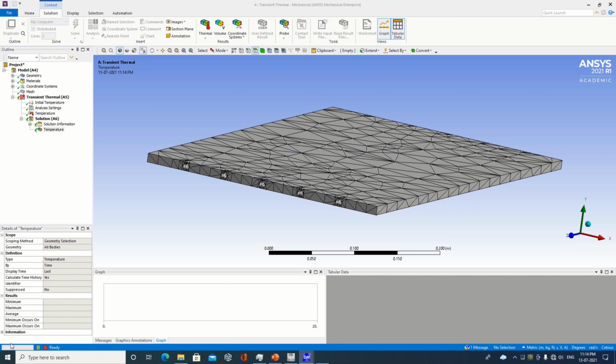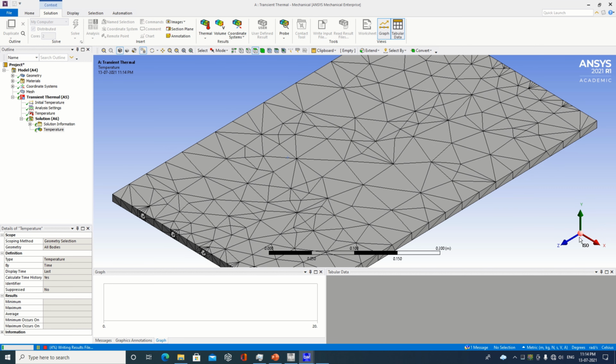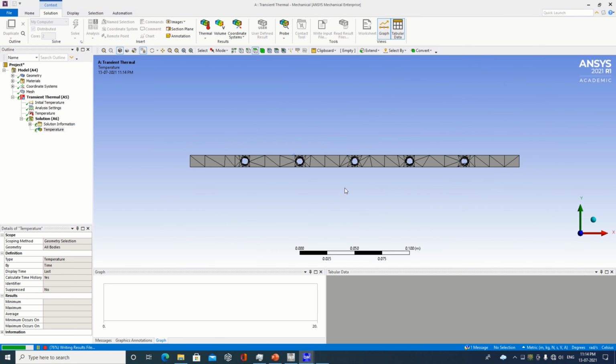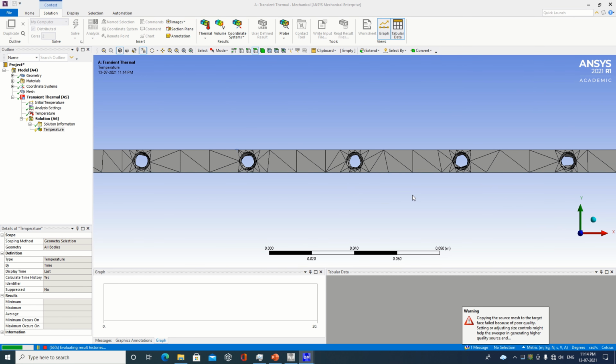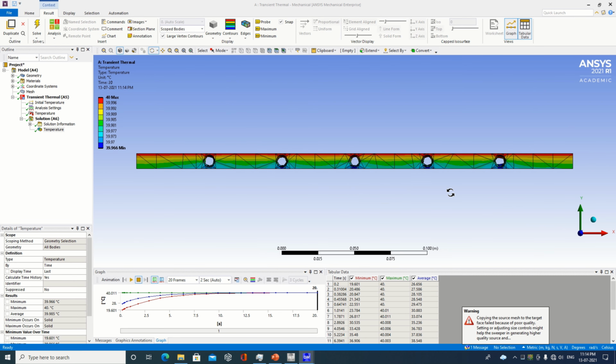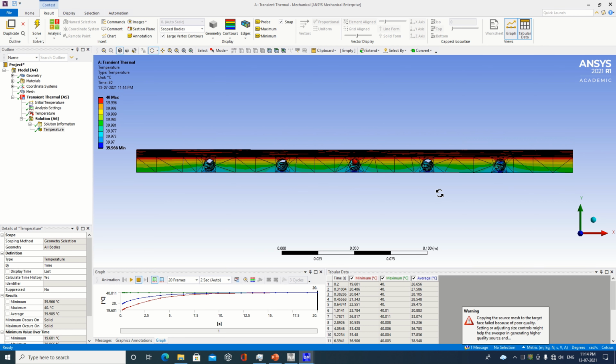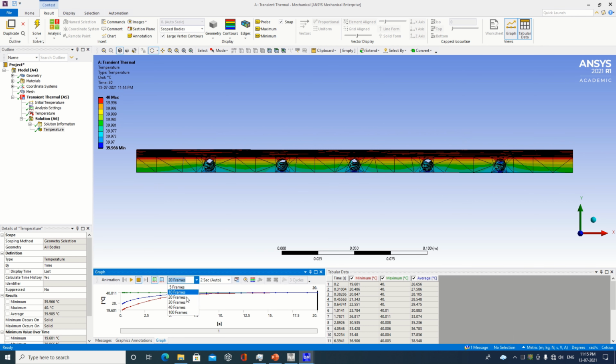So the computer will go on to solve this, and after some time you will get the results. So we'll just check it out. I'm again telling, we have not taken a very good mesh. It is the default mesh, whatever has been generated, that we have prepared. So I'll just check out whatever results we have got.